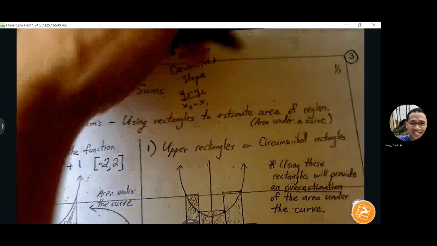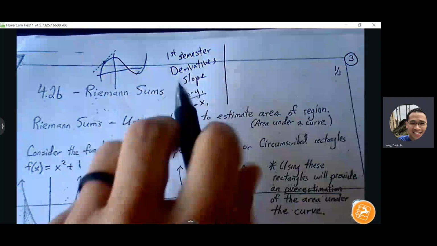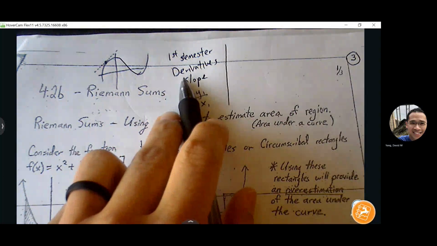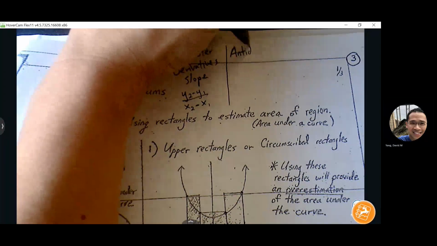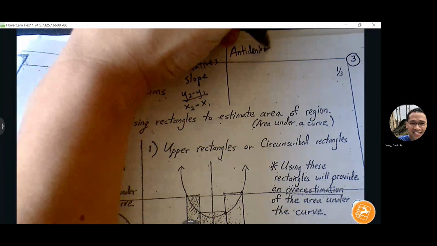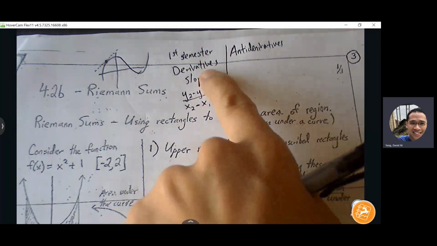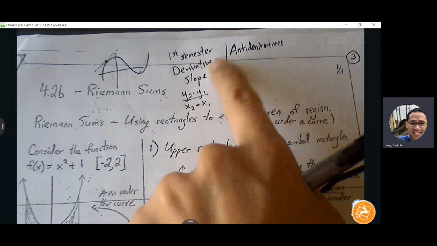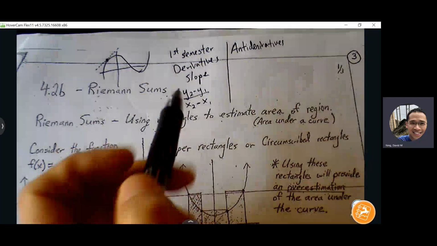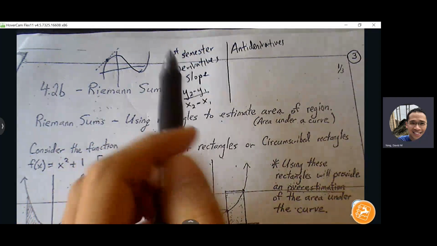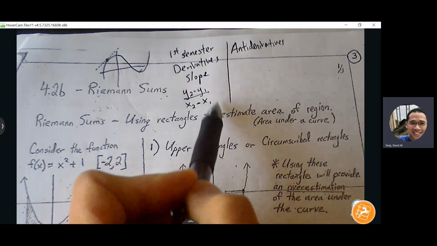Okay. Now this semester, we're going to be undoing our process, and that process is going to be called antiderivatives. Okay, so all the derivatives that we found, we're going to learn how to work backwards, back up to our starting point. But something more than that, application-wise, we're going to be able to do something that is the opposite procedure of